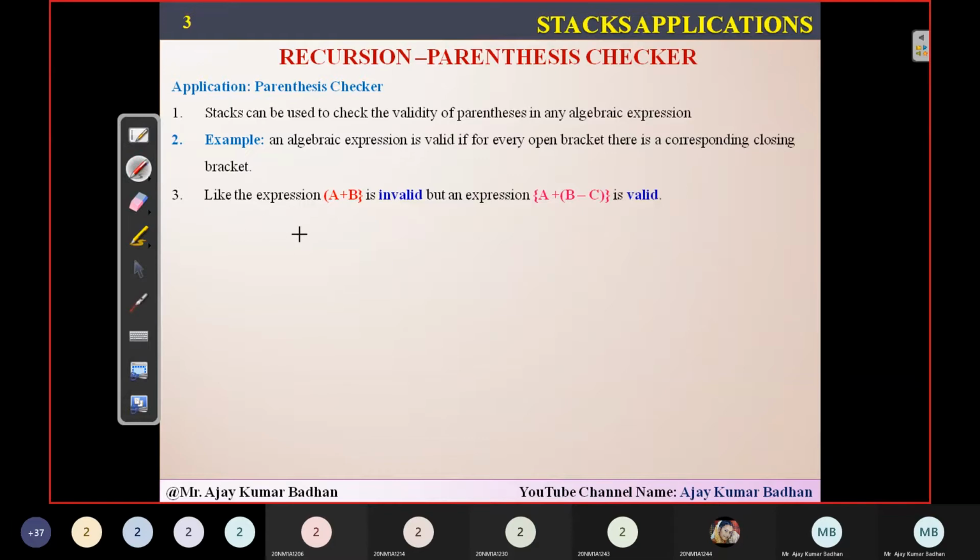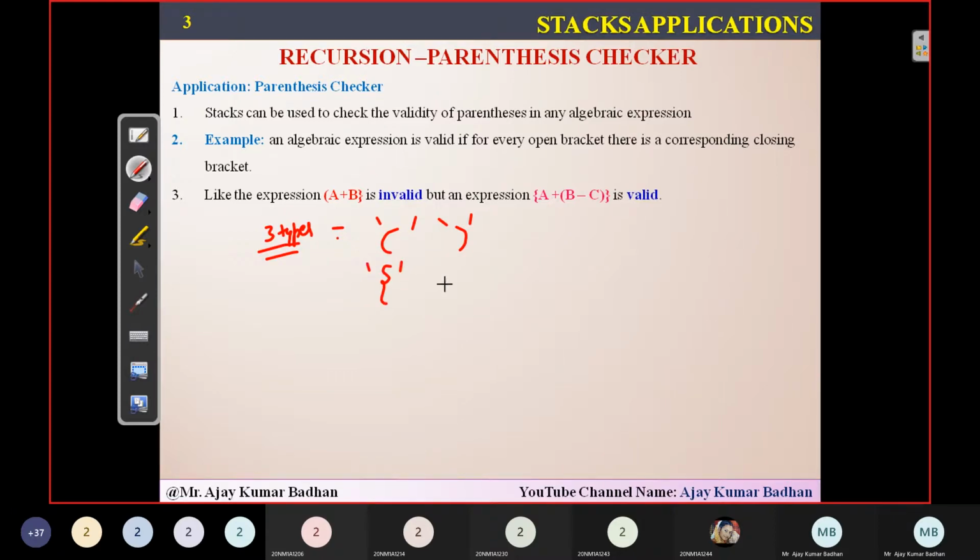If I ask you what are the different types of brackets we have here, there are actually three types. Basically, we use them in our programming language, or whether we are using mathematical expressions. What are those? An open bracket. For this open bracket, we have something called a closed bracket. Apart from that, what are the other brackets we can use?